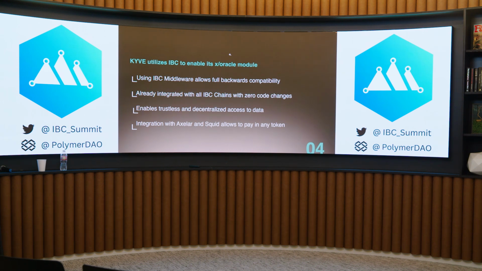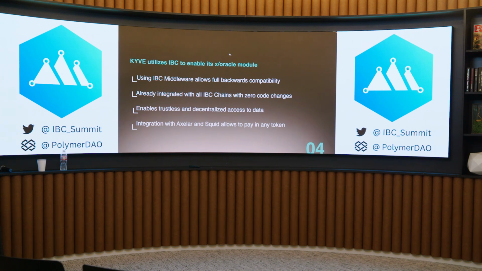using IBC. And so what is super cool is this X/Oracle module that we will probably be releasing in a couple of months. It's utilizing the newly released IBC middleware, and it's wrapping the ICS-20 standard, allowing full backwards compatibility. So what does this mean? Basically, this means that we're already integrated with all IBC-enabled chains with 0 code changes. So if you want to query for data that has been stored with KYVE from your chain, you can just route it through IBC, select the query that you want in your message, and by this, of course, enable trustless